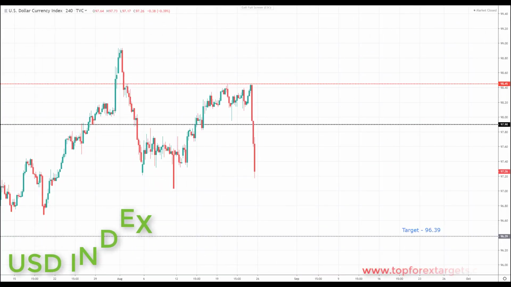So the first market we're going to look at is the US dollar index. Now, last week we had this big sell-off to the downside on Friday. A combination of the US President Donald Trump coming out and stating he wanted to see a weaker dollar to aid US competitiveness, and also an increase in the tensions in the trade war between the US and China. These dual things have actually seen the dollar weaken over the last week, and this is good news for us